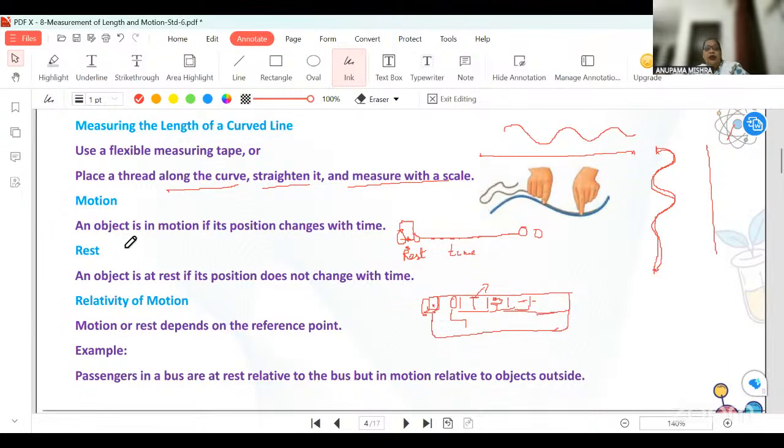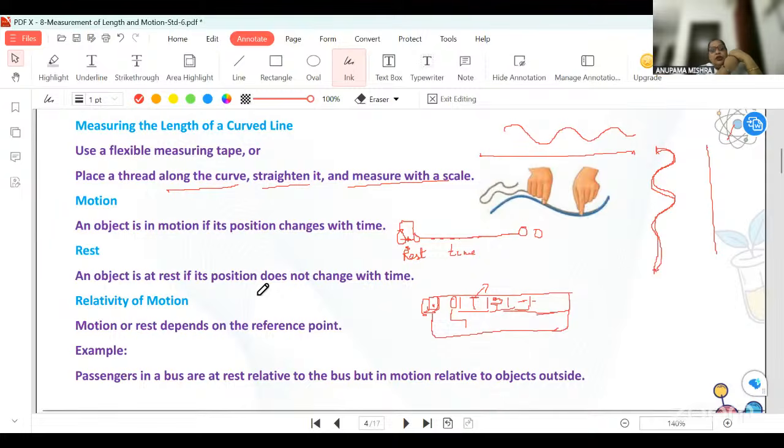फिर मोशन क्या है? An object which is moving. Motion if its position changes with time. ठीक है, टाइम के अनुसार अगर पोजीशन चेंज होता है तो बोलते हैं कि ऑब्जेक्ट जो है वो मोशन में गया। An object is at rest when it does not move at all. It is steadily standing in one place only. अगर आपका जो वैन है स्कूल में आके रह गया तो बोलते हैं रेस्ट इन पोजीशन। जब वो वापस आता है स्कूल के कैंपस में आपको पिकअप करेंगे और जब शुरू होता है तो उसको बोलते हैं मोशन,